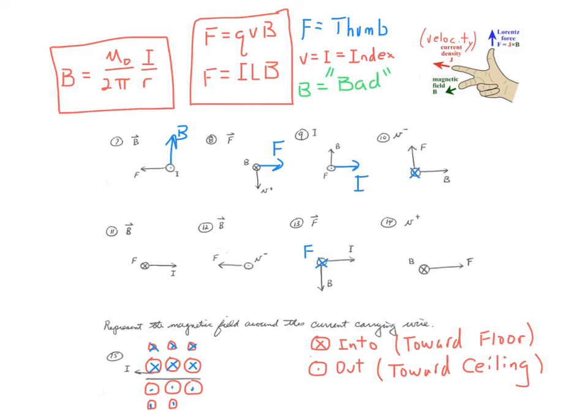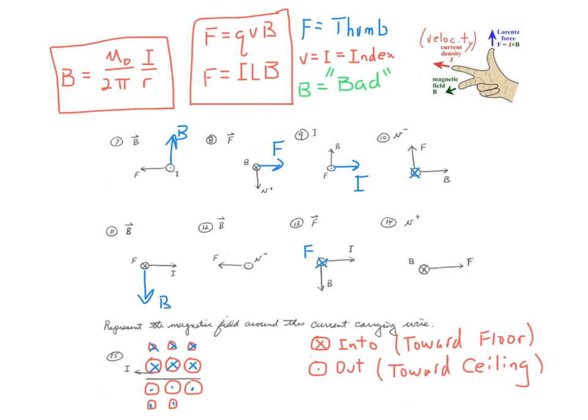Number 11, we have F, I, and B. My index finger points to the right. My thumb has to point towards the floor, because X is towards the floor. And automatically my bad finger points towards the back of the room,